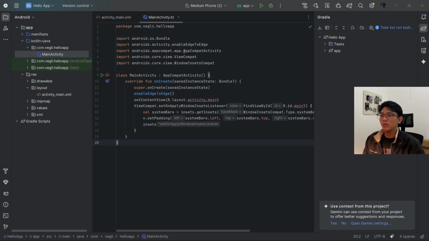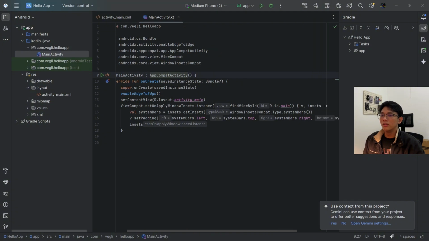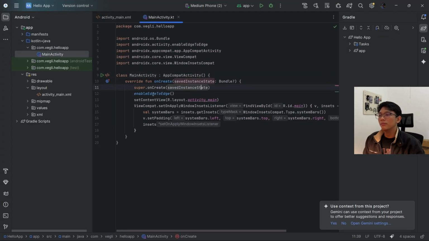In this section, the application logic is written using Kotlin or Java. The res folder is used to store all Android application resources. Resources are supporting elements used by the application besides the program code.